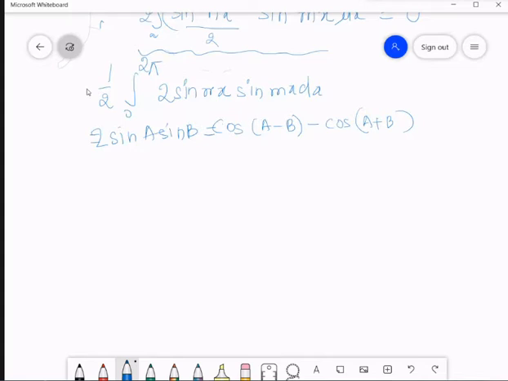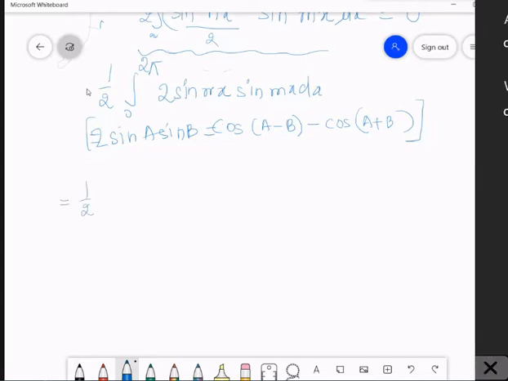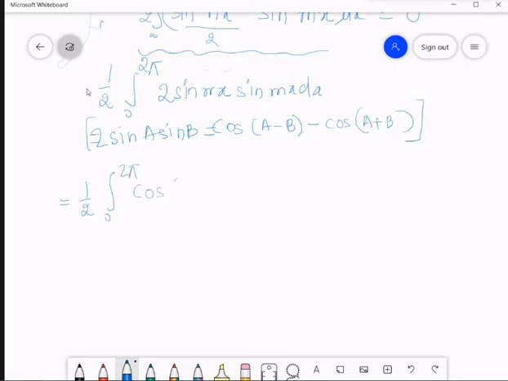So what we have, so we get it. Integral turns out to be 1 by 2. Here I'll have to still evaluate the integration. So it will be cos of (n minus m)x, nx minus mx. So I'm just writing it as n minus m times x. Minus, I'll have cos of nx plus mx. Again, I take out that x common. So this is what I get. Okay, this is dx.